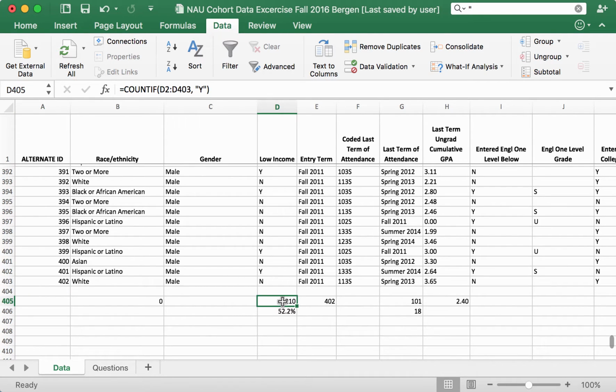And then we say low income status, yes or no, as indicated in the column. And we can use our COUNTIF function again, from D2 this time, which is the adjacent column, to D403. And the criteria that we're selecting is whether or not it's a Y, with an N in parentheses. And when we do that, that returns 210. So that tells us that there are 210 low-income students of a total 402 students,